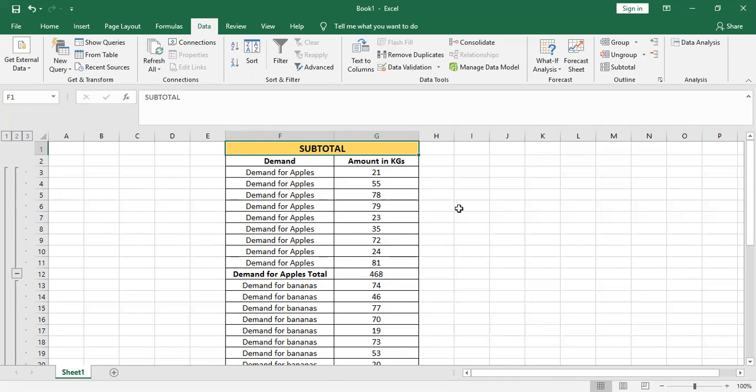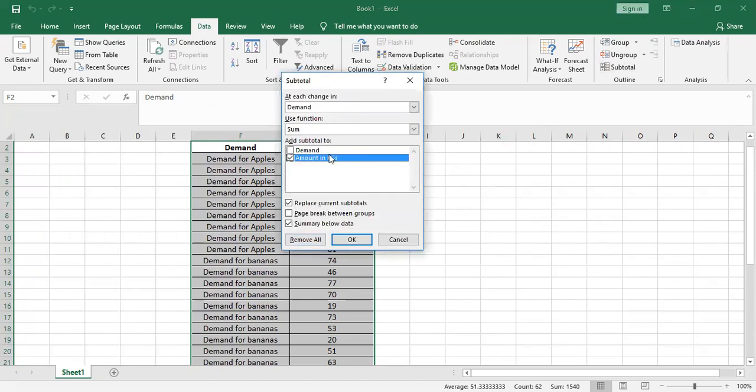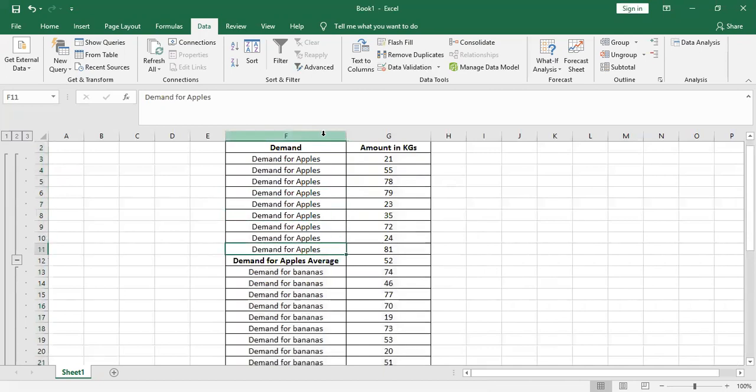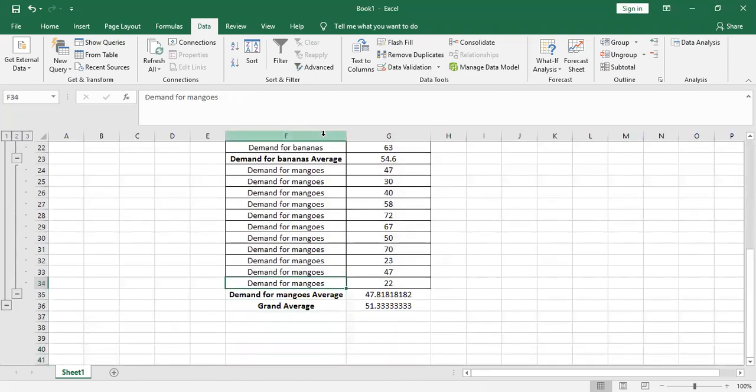press Control Z to get everything gone. And if you want to get the subtotal again, we want everything as it is. You can also use average, and you can see, it's an average. And right now what we are getting is average demand for apple is 52, average demand for bananas is 54.6 kgs, and average demand for mangoes is 47 kgs.